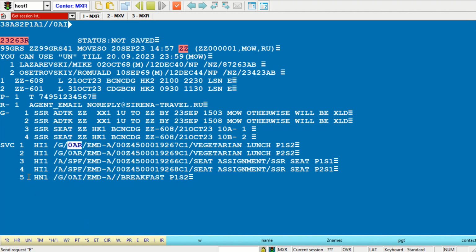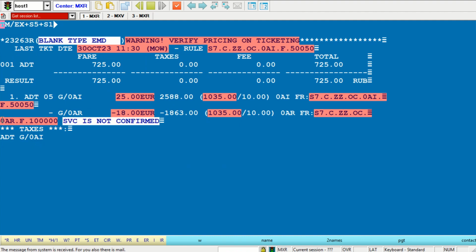Now, before saving our modification, we can price the exchange of this service. How will the system price this exchange? The entry will be TMEX, like exchange, plus the new service line number, service number 5, plus the original service line number, service number 1. The system refunds the original service, minus €18. The system prices the new service at €25, and the difference between these two amounts in local currency is